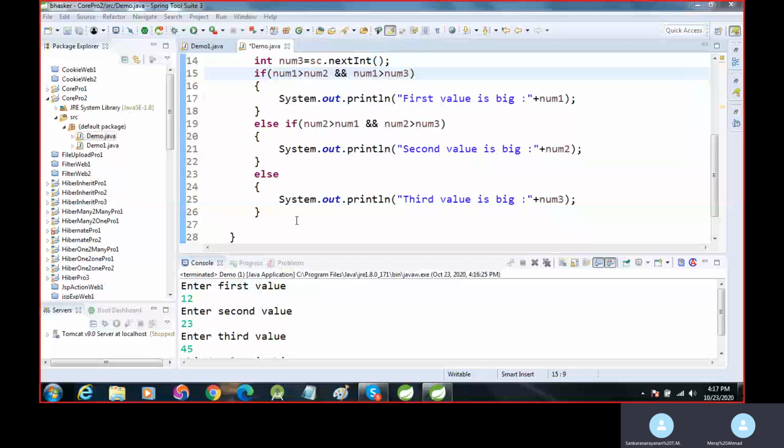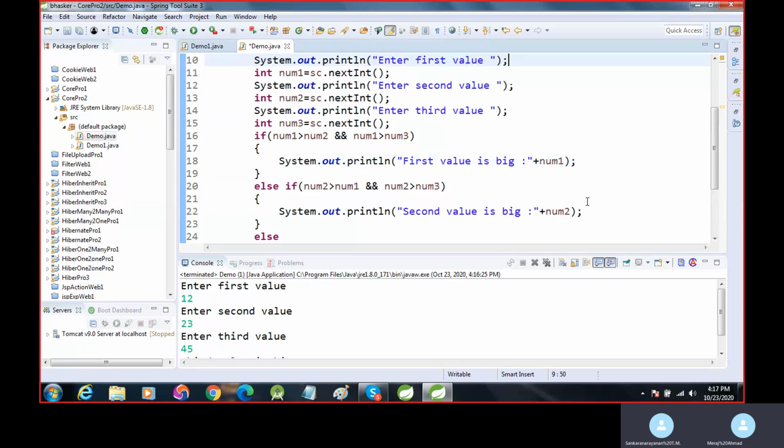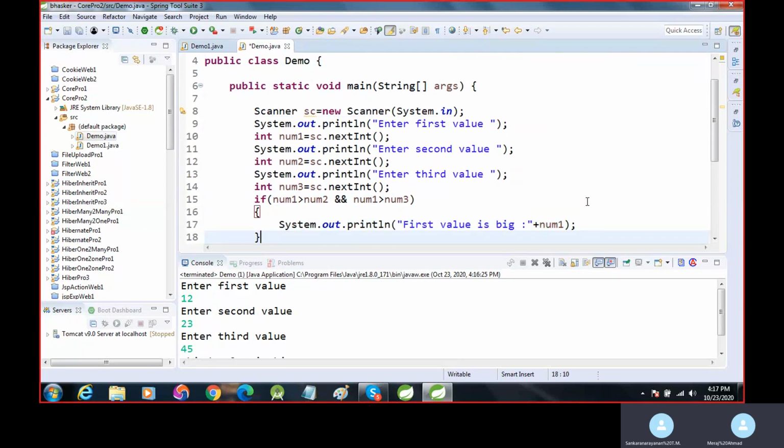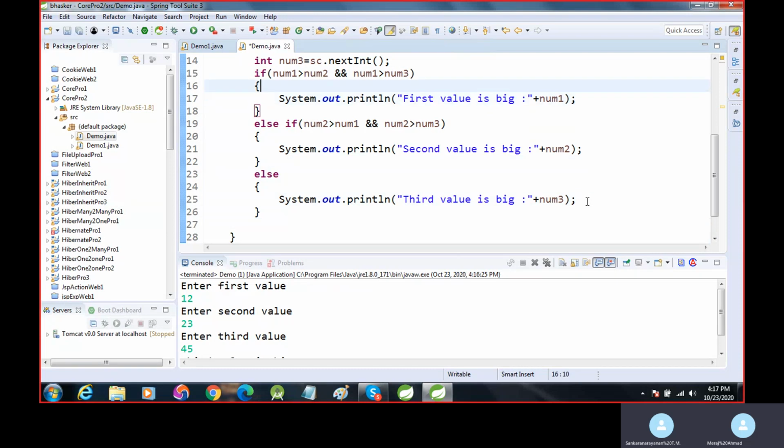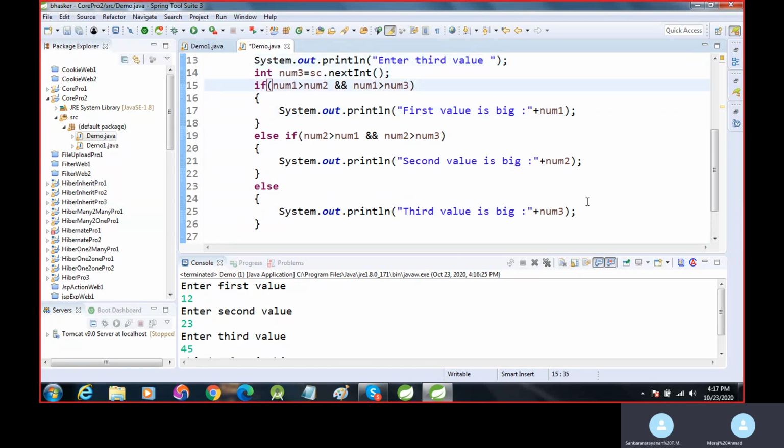This is the program to find the biggest value in the given numbers. This is the first method. And in the second method,